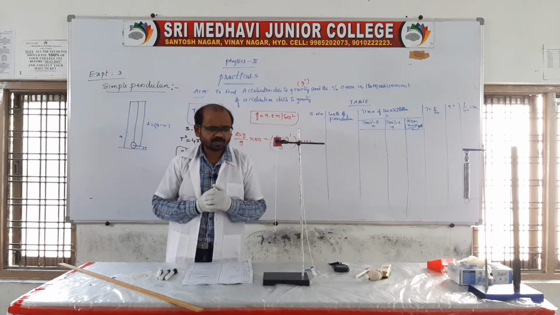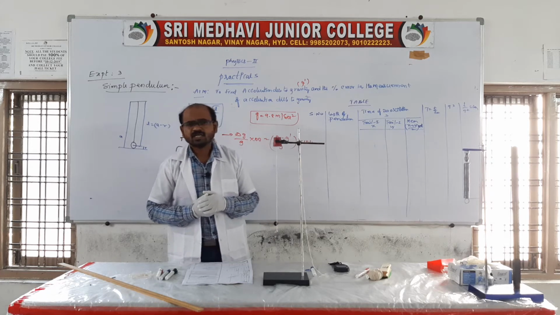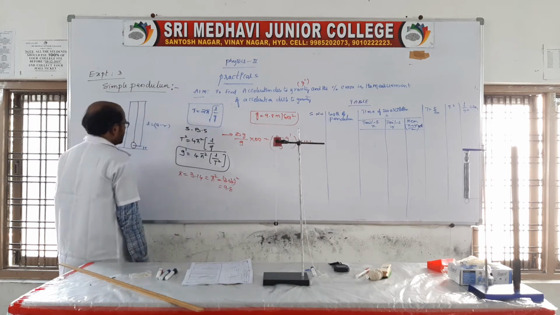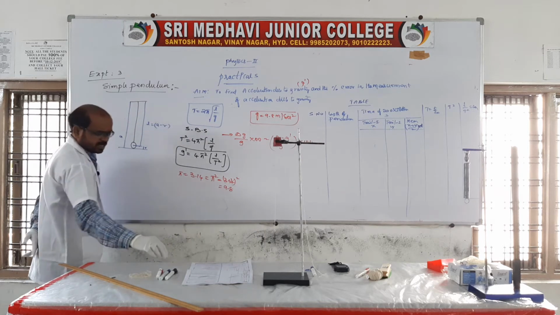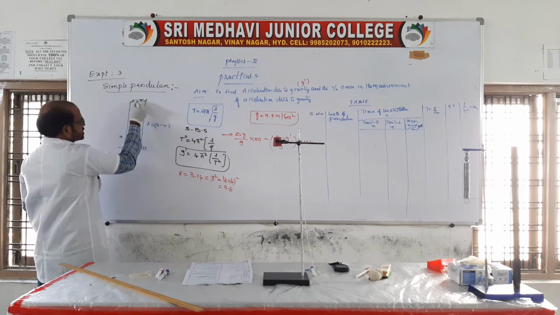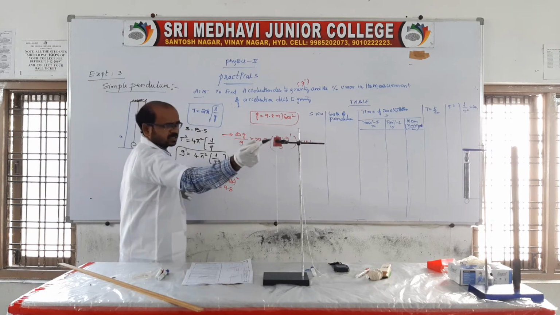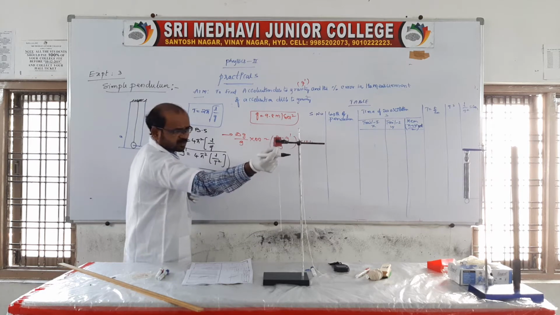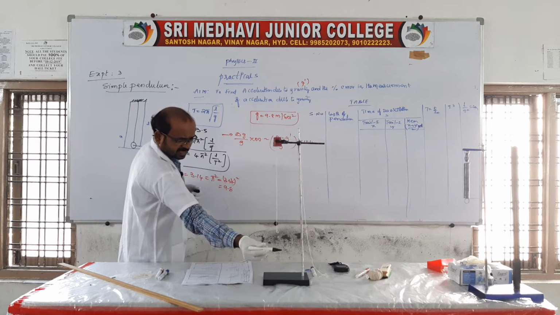First of all, the length of the pendulum. Actually I want to say the length of the pendulum is nothing but A. Here you look at the diagram. In this, A is the point of suspension. The bob is suspended from the rigid support, or you can say from the rubber cork, so that it is the point of suspension. We can call this the point of suspension until the end.